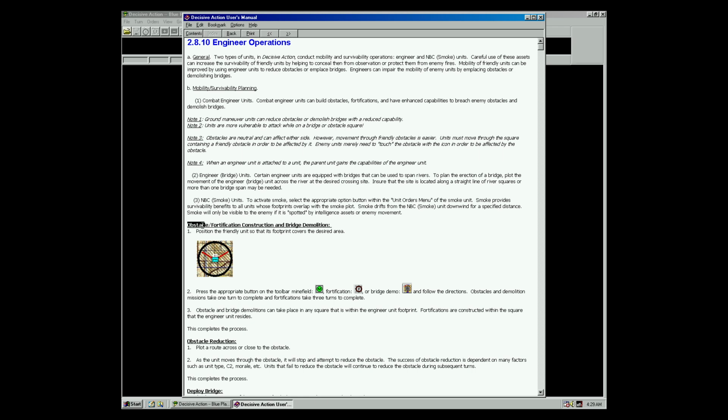Yeah, I'm not sure. Okay, obstacle/fortification construction and bridge demolition. I think that means the smoke itself. Anyway,